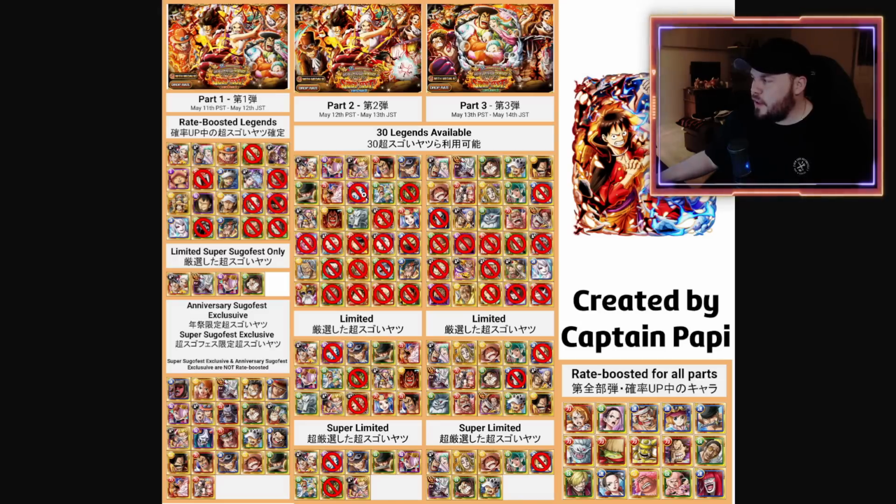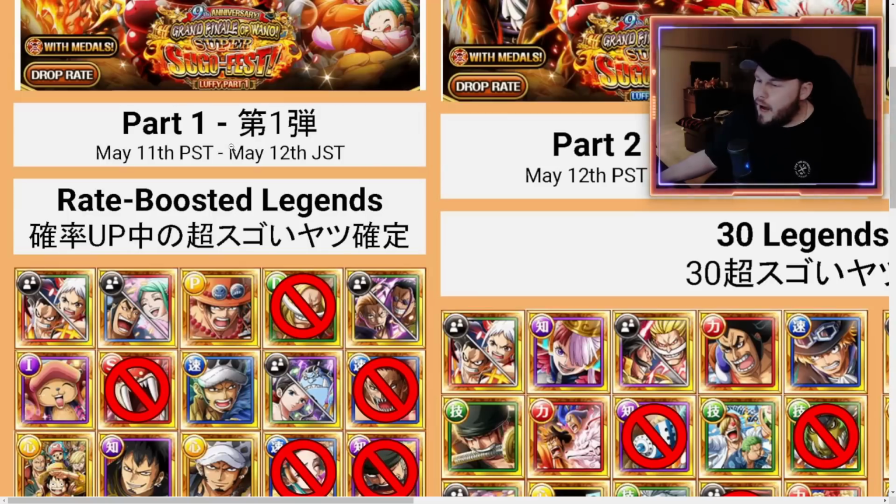And I do honestly feel that if you are looking to pull on any part of this Sugo-Fest, part 1, maybe not go to 30 multis on part 1. That's probably not the best idea. But because the steps are so good on part 1, potentially just doing 5 to 10 multis on part 1, that'll net you a lot of stuff, including potentially getting some of the new rare recruits,